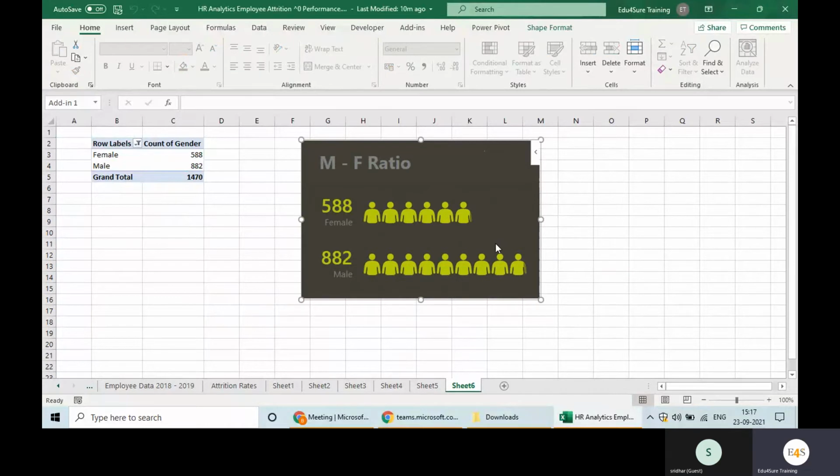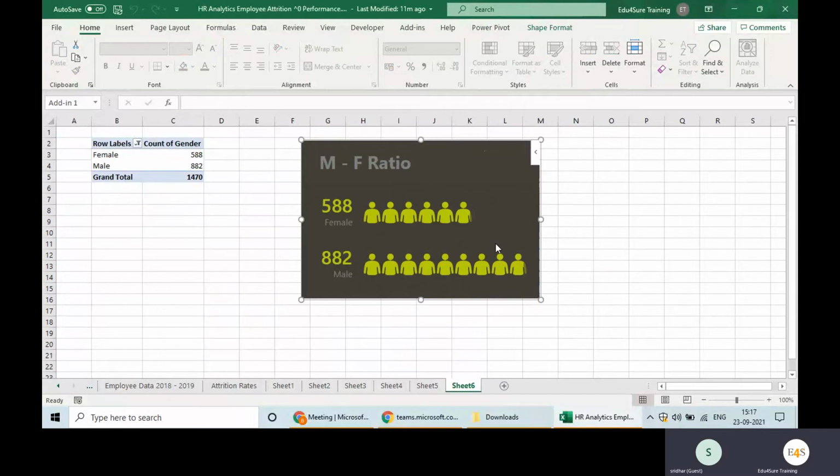very precise data. Like we have taken very short data. If you are going to take a long list of data, this particular visual is going to take all the space on your dashboard. So this is another way of showing small data like male female ratio, or probably overtime versus no overtime, or probably you can show very short data. Basically, you can show anything taking this.